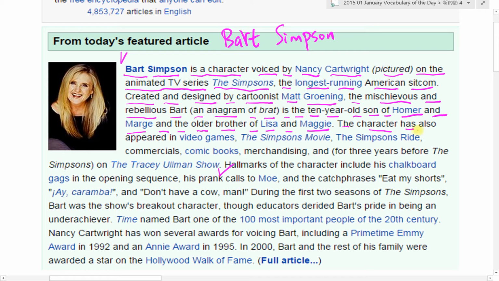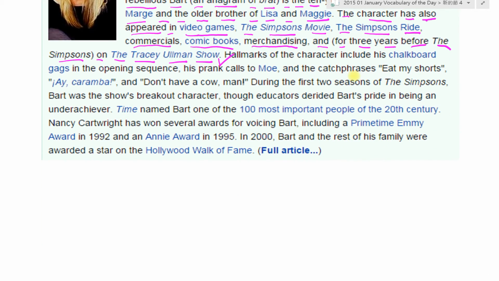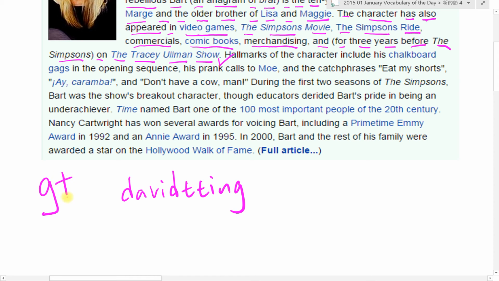The character has also appeared in video games, The Simpsons movie, The Simpsons ride, commercials, comic books, merchandising, and for 3 years before The Simpsons on the Tracy Ullman Show。以上就是今天的 Vocabulary of the Day 每日单字。